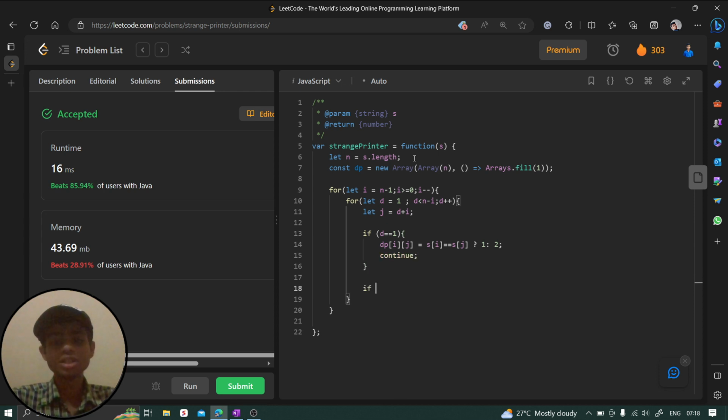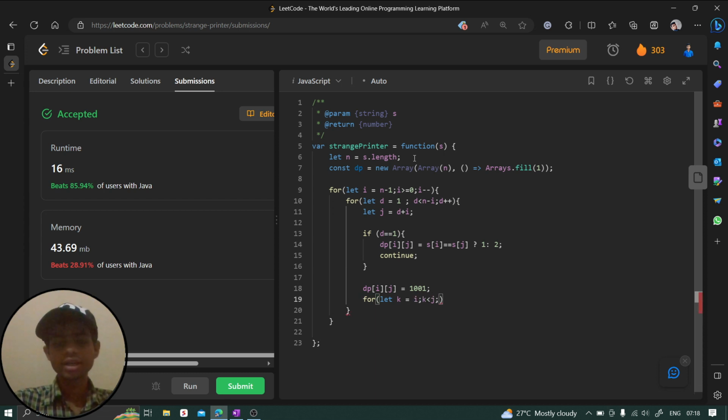Otherwise, if distance is not equal to 1, that means it's more than 1, then we are going to take all the possibilities and take the minimum one. So dp of i and j is initially a bigger value. After that, let k equal i, k less than j, and k plus plus. Then dp of i and j is equal to Math.min of dp of i and j,